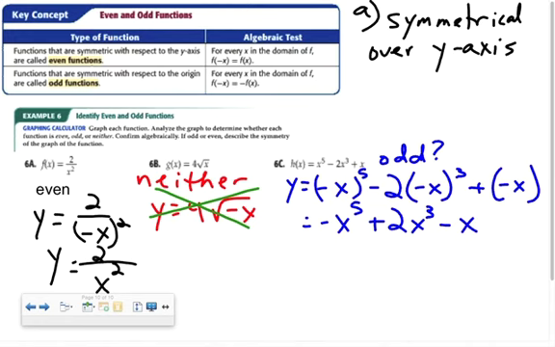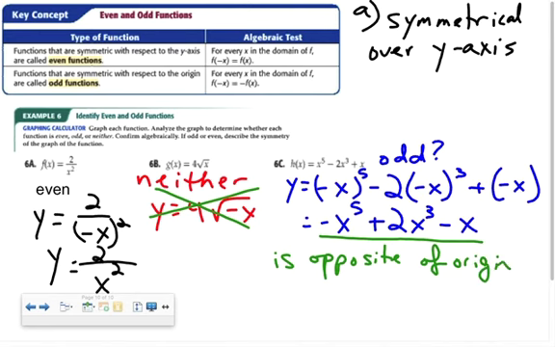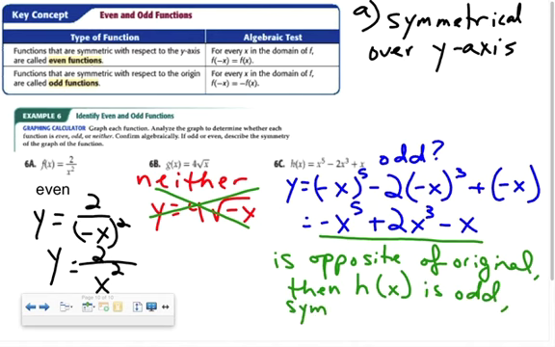And since this function is the opposite of the original, then it is odd. Oh, it's not F, it's H. Meaning it is symmetrical